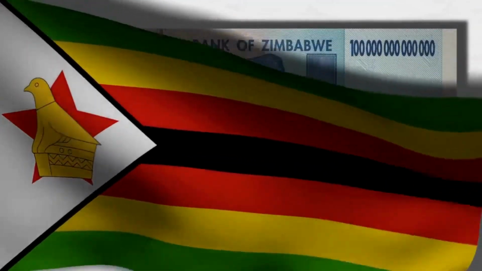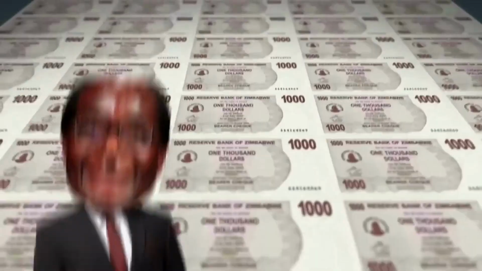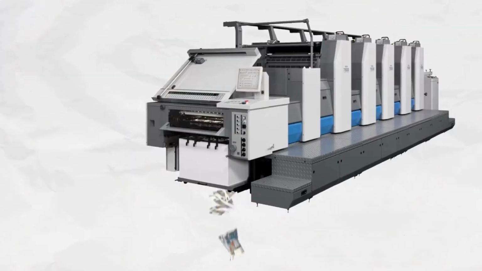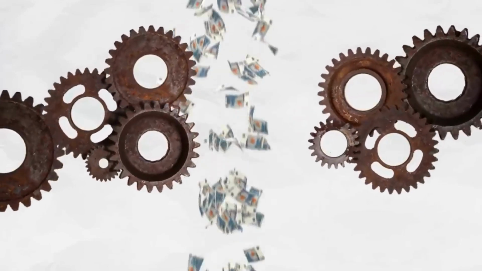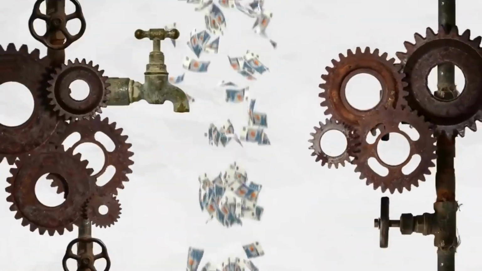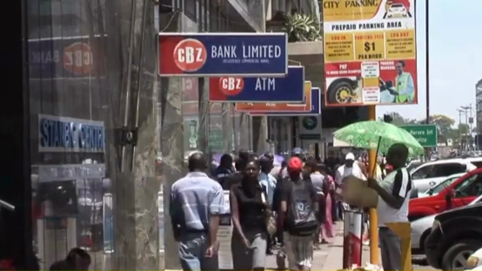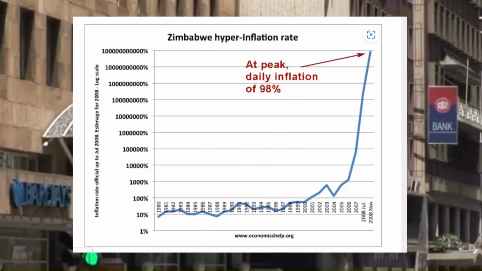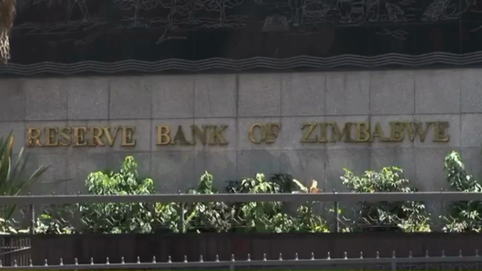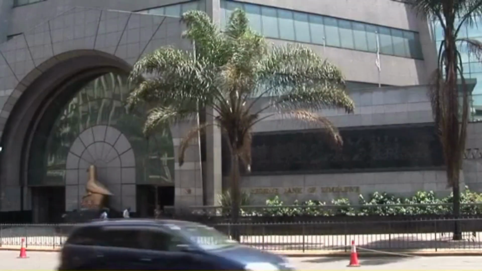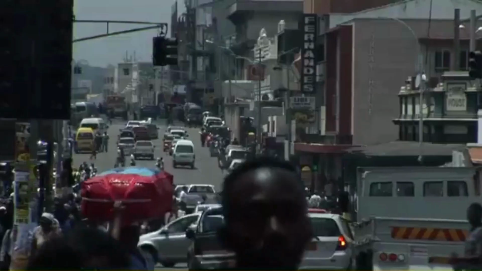Zimbabwe is a country that experienced significant hyperinflation in the past. The Zimbabwean dollar is no longer actively used, as it was officially suspended by the government due to rampant hyperinflation. A decade ago, during a financial crisis, Zimbabwe recorded the second highest incidence of hyperinflation in history. The country's inflation rate for November 2008 was a staggering 79,600,000,000%, essentially a daily inflation rate of 98%.